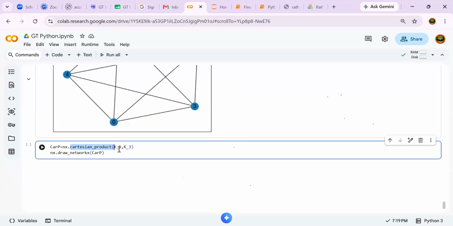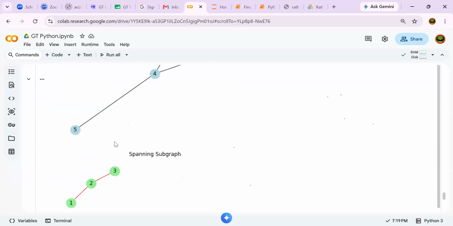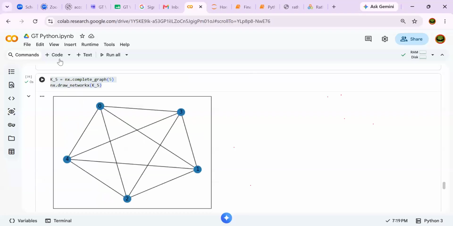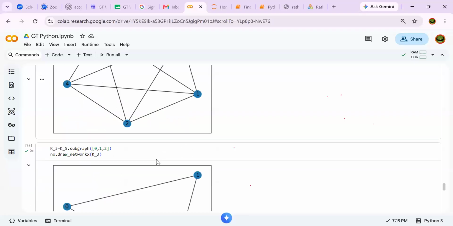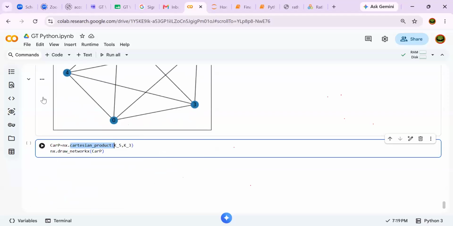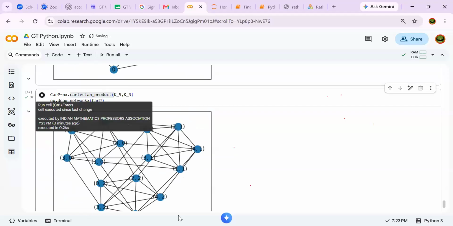That is already what we had defined. One is a K5 and another one is a K3 from the previous week. Here, this is for K3 and this is for K5. I want to do the Cartesian product of these two graphs. For example, if you execute this, this is the Cartesian product of the